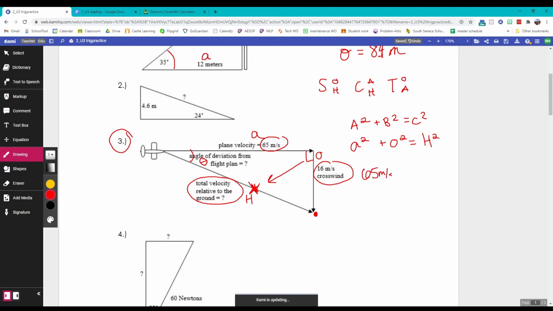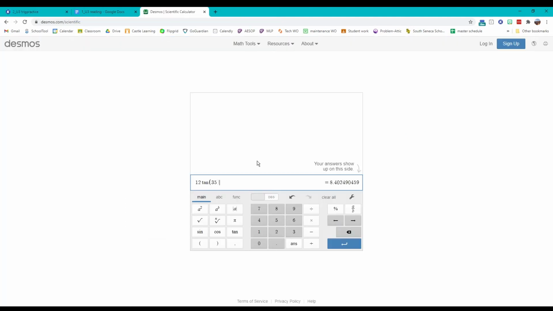65 meters per second, all squared, plus 16 meters per second, all squared, equals the hypotenuse squared, which means the hypotenuse will be the square root of whatever I get there. So let's grab that calculator. 65 squared plus 16 squared. Okay, that gives me